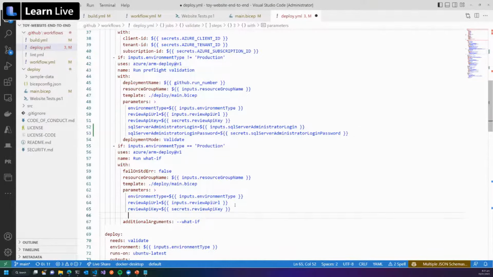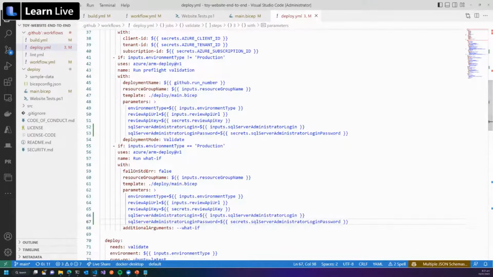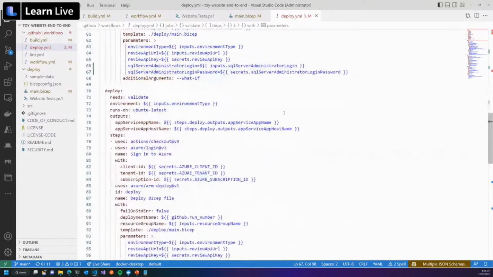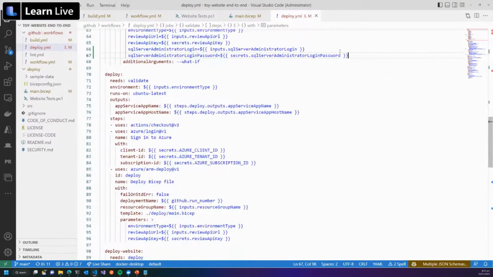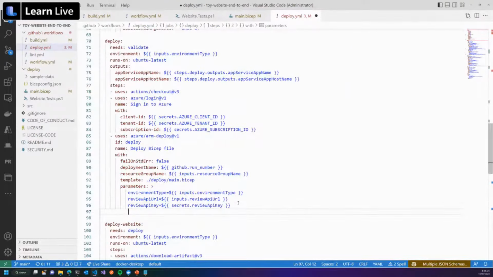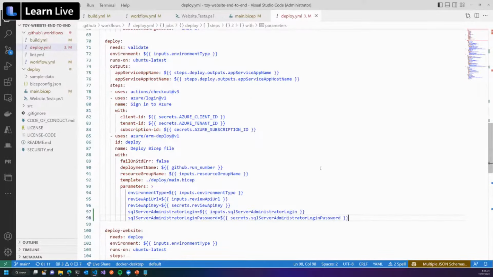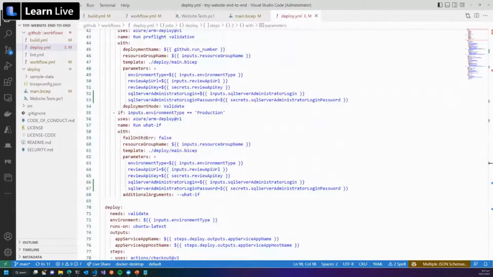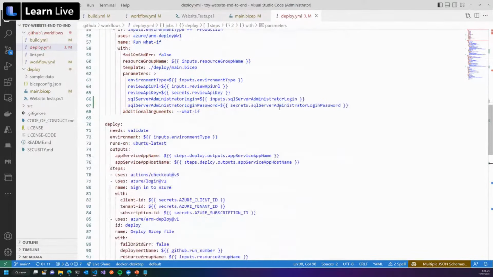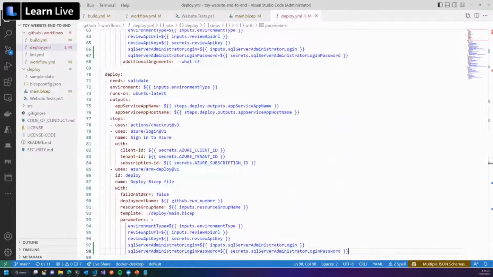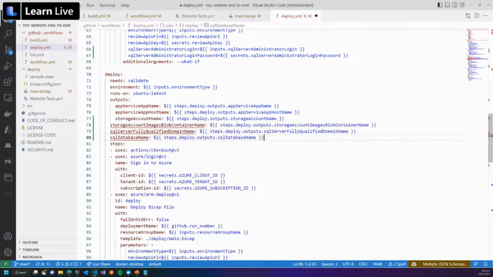There it is. And then in the deploy step, we also need to add those two parameters down here. Make sure that looks good. Yes, it does. And then in the deploy definition, we also need to add the outputs that we've created for our storage account and our SQL database as well. So the outputs that we've defined in our Bicep file, we also need to put in the outputs here